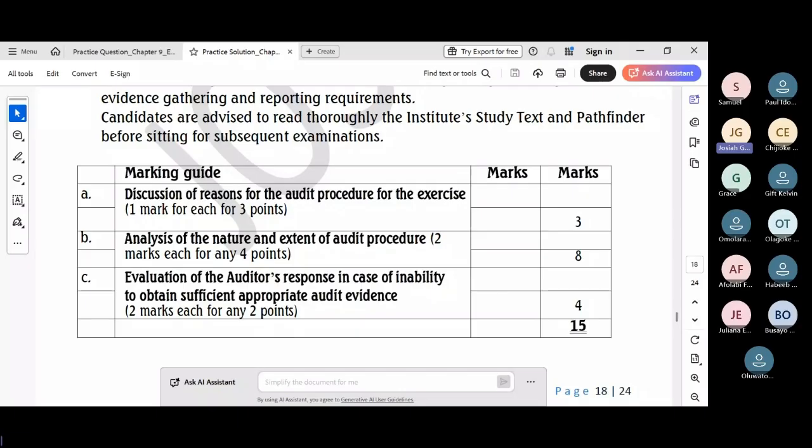Then the second, discussion around current period procedures on opening balances. Need to perform specific audit procedures to obtain evidence on opening balances through current period's transactions. For example, vouching subsequent cash receipts to confirm. You need to vouch subsequent cash receipts to confirm the existence and ultimate recoverability of opening trade receivables, which is the third issue in the case.